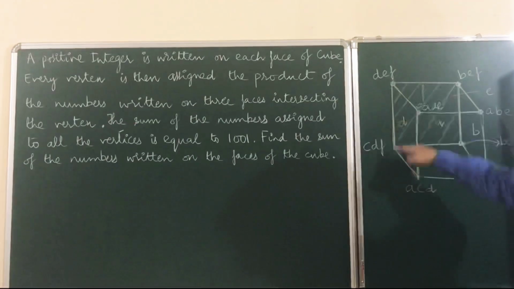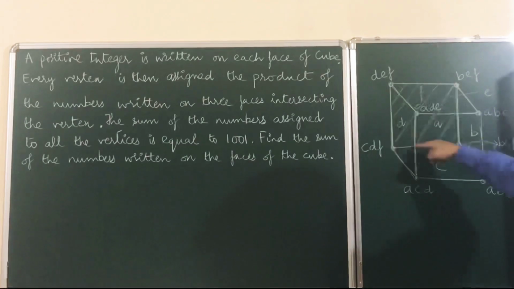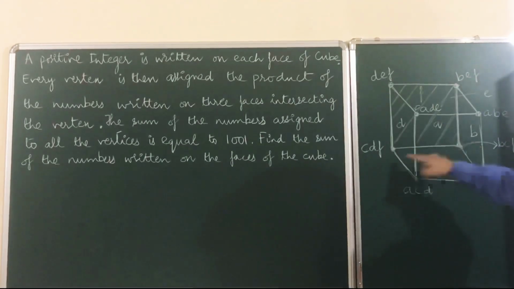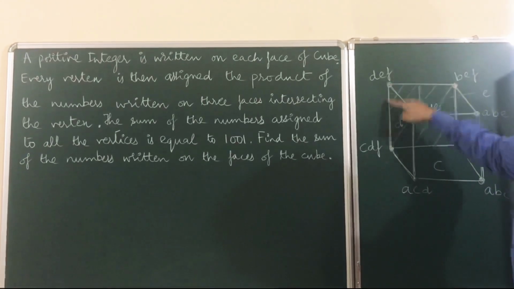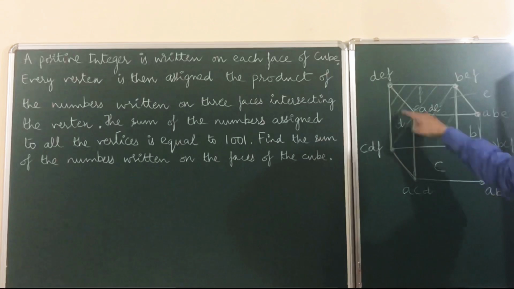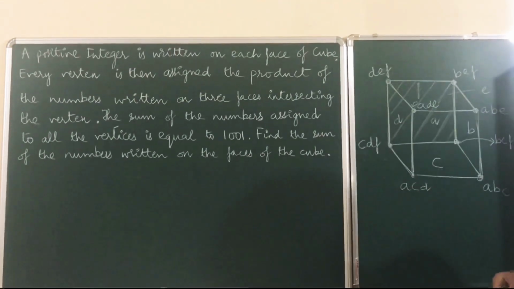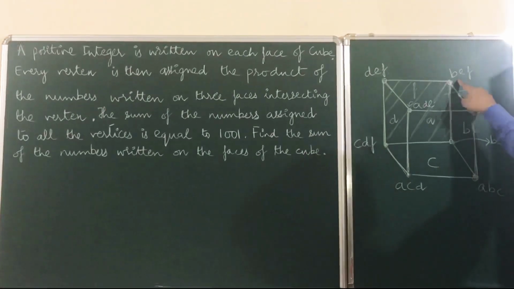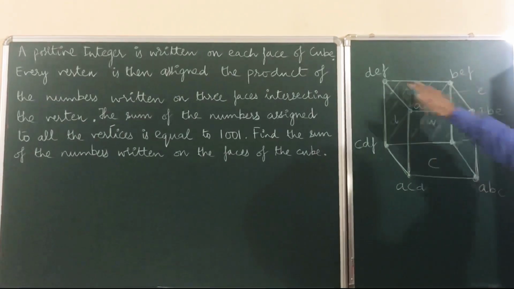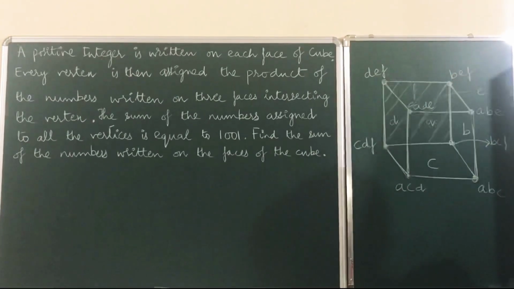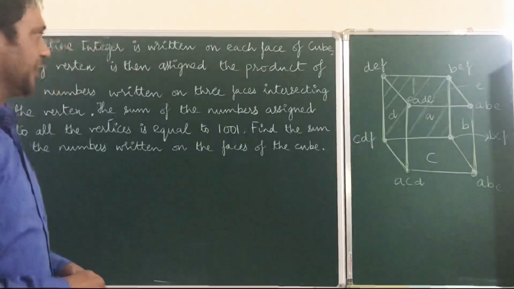Similarly, this face you can see there is a D written. Clear? And backside is F there and down is C there. So that's why it has become CDF, the product on this vertex. Similarly, this face D is written, this face E is written, backside is F. So this point has become D into E into F. Similarly, this face is F, sideways it's B, on top is E, so that's why it's BEF. This is the way we have represented the product on each of the vertices.